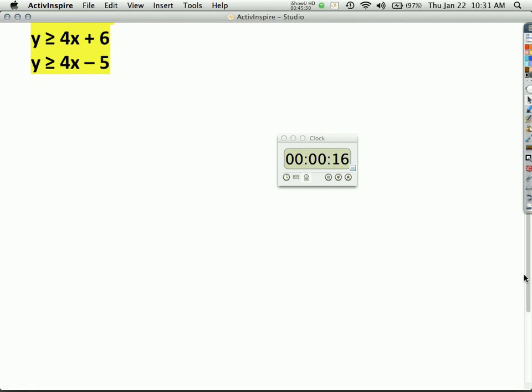So this one here is this one, right? Yeah, so since I know the slope, I went down this way. So I went down 4, 1, 2, 3, 4. So I did that. So greater than, so I'm shading everything over here. The bottom one is like that. So they will shade it. And this would be the solution.